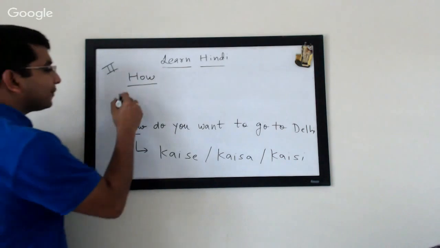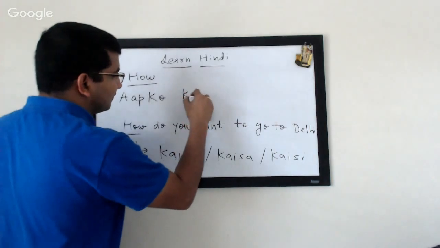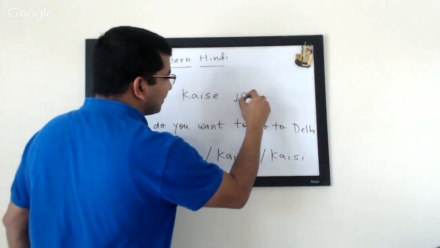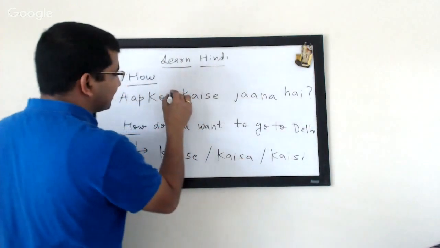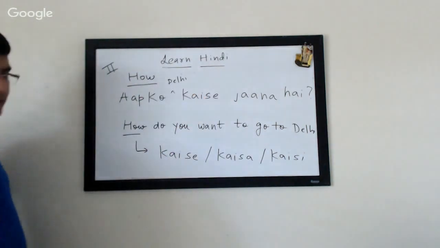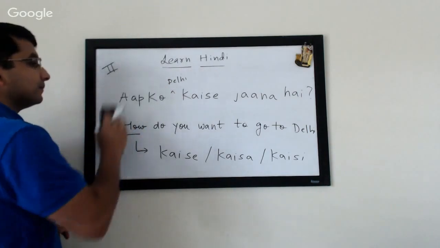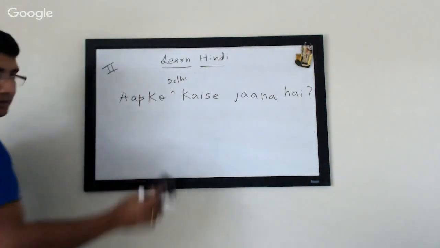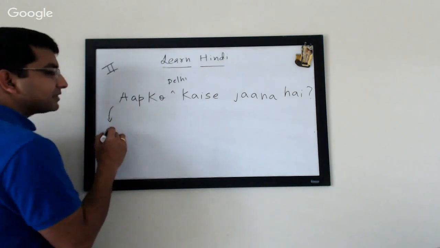Okay, so you'll say आपको कैसे, you can say आपको कैसे जाना है, with any destination: दिल्ली कैसे जाना है, और आगरा कैसे जाना है, or anything. आपको दिल्ली कैसे जाना है. And the other way would be if you want to ask this in present continuous,